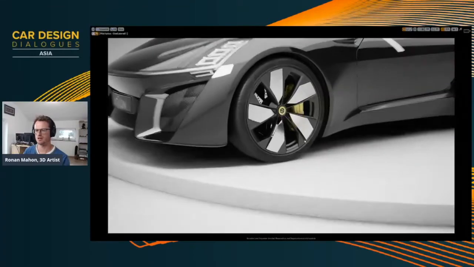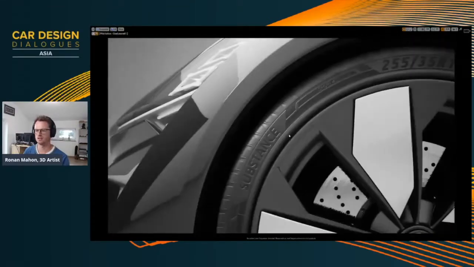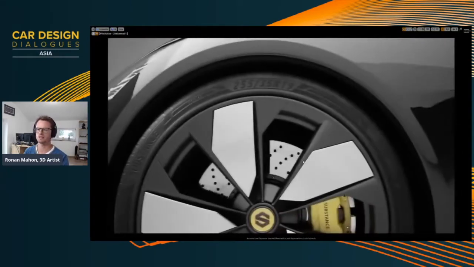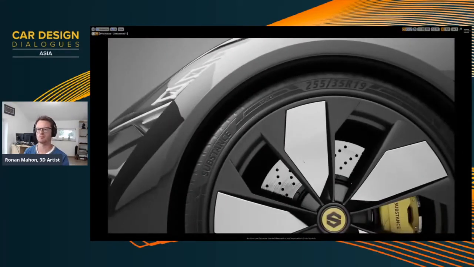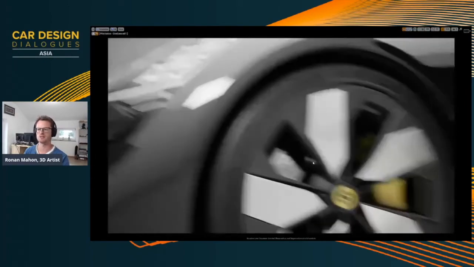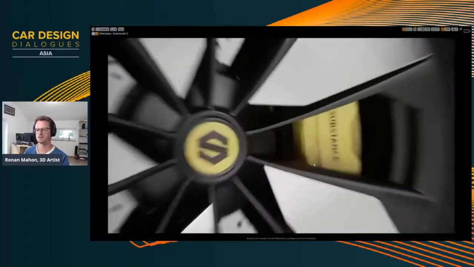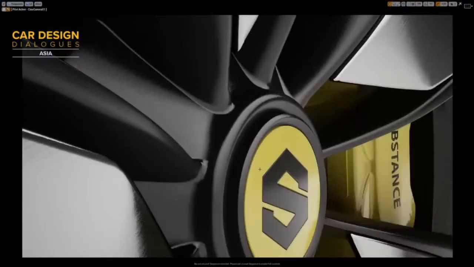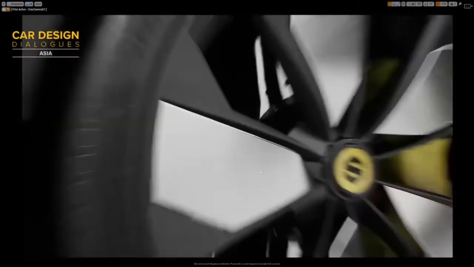If I get a little closer, say to the wheel, you can really see the level of detail that's possible. This was all textured in Painter using materials from the 3D asset library from Designer, or some that we made ourselves using patterns that Anais would have sent over. You can get very close to these assets, and you can see the level of detail that we can achieve there on the wheels.